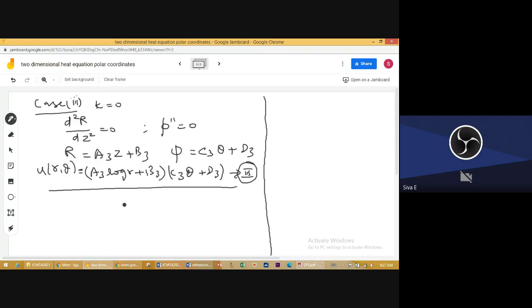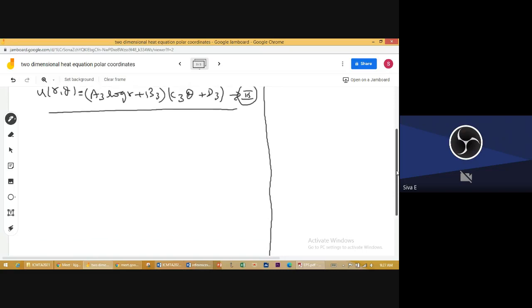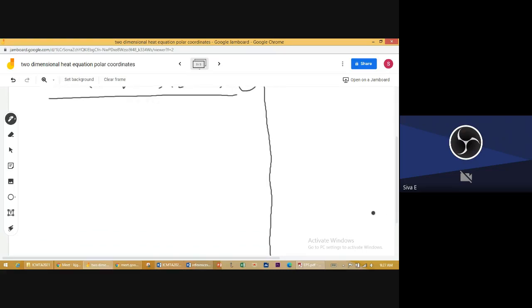So what are the important MCQs on the two-dimensional heat equation in polar coordinates? One is what is called K by rho C. Second one is what is the steady state heat flow equation? What is the unsteady heat flow equation? What is the condition for steady state? There are two things. One is the condition for steady state, that is dou u by dou t equal to 0. Okay, that is different. What is the heat flow equation for steady state?